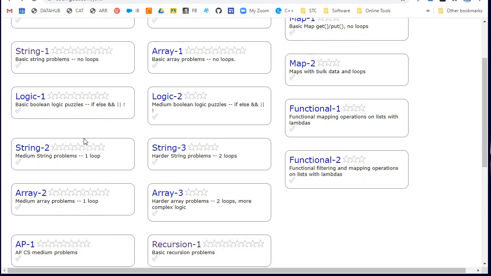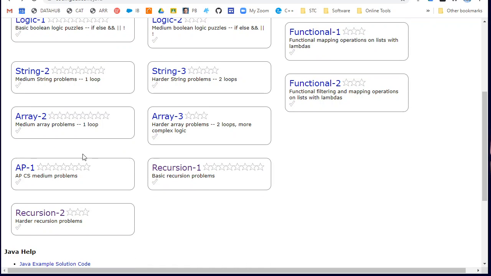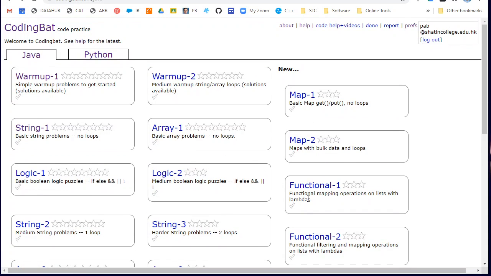We haven't covered anything with booleans yet. We haven't really talked about Boolean variables. Recursion, don't worry about that. HL students will cover that later on in term 2. The AP questions, they're going to be harder. Don't worry about the map or the functional questions. So let me just show you what's going on here. If I go into the warm-up set,